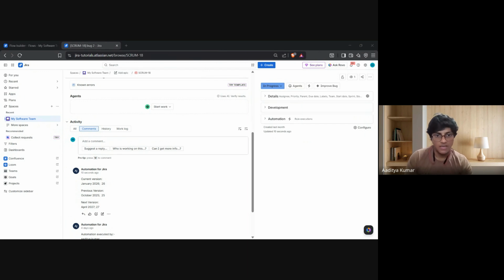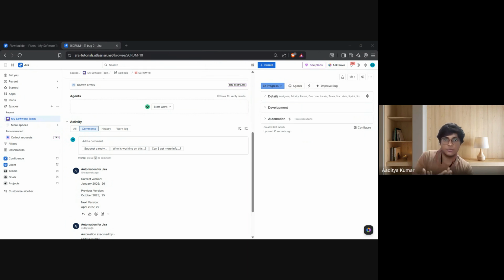Now, let's take a real world or practical scenario. Imagine your company maintains 3 active releases, such as these. A customer reports a bug in version 3.2 or 2.2 or something. The automation creates variables for current release, previous release, and next release. Then the rule automatically creates linked bugs, assigns developers, adds a comment mentioning all the affected versions, updates your dashboards, and